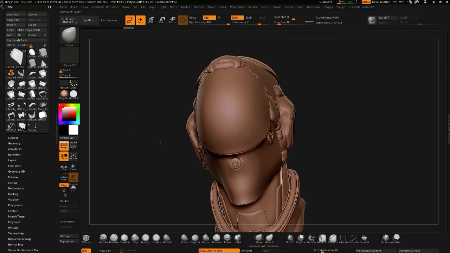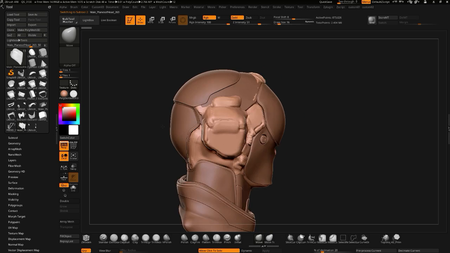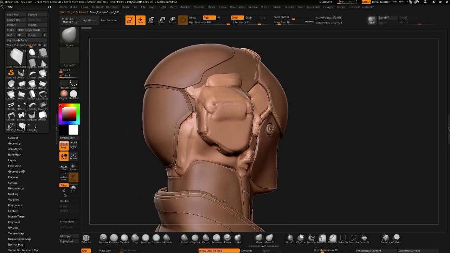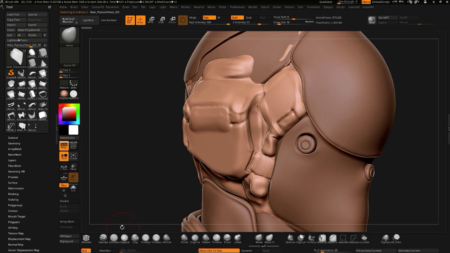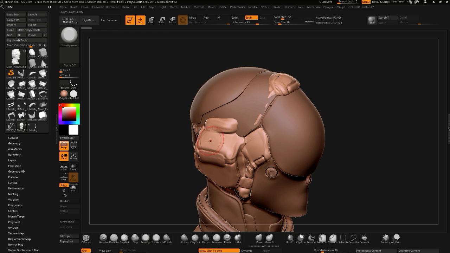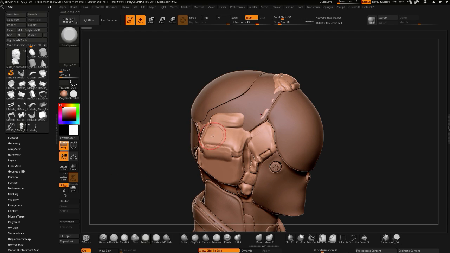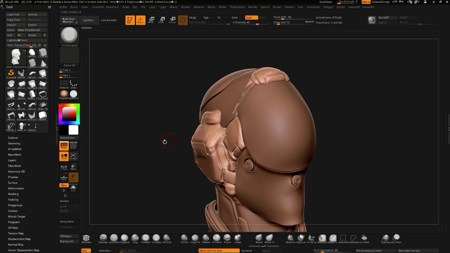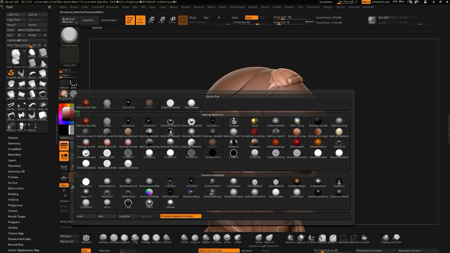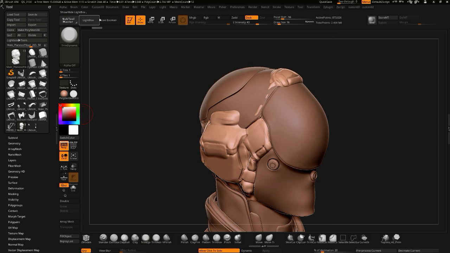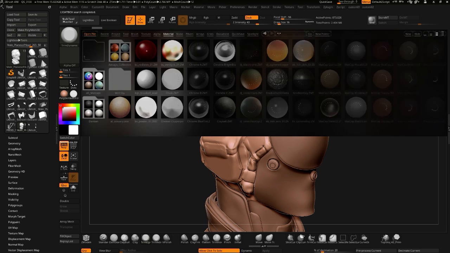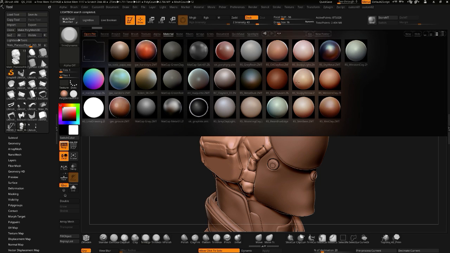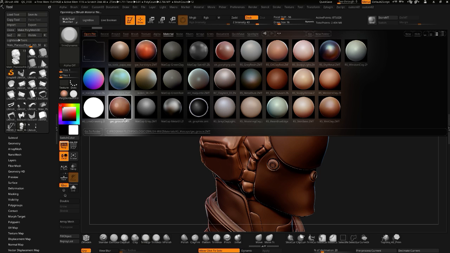But then I get to this part, which is like this headphones piece, and it is fairly complex. The reason it's so complex is because there's a lot of plane changes and a lot of intersecting, not intersecting, intersecting pieces of geometry. So there's this plane over here. Let me just grab a matcap that shows the planes better. Materials. And let's go for something like Crease. Okay, so